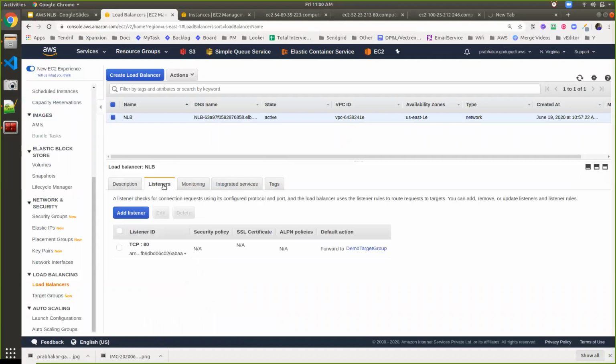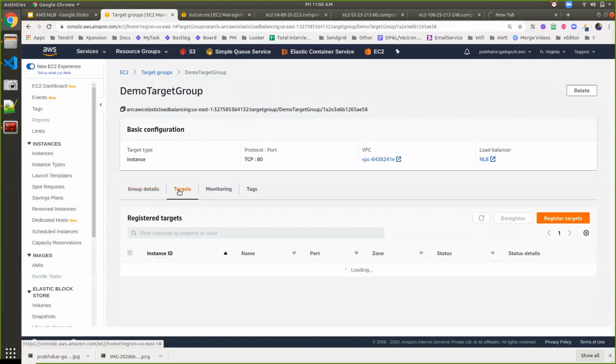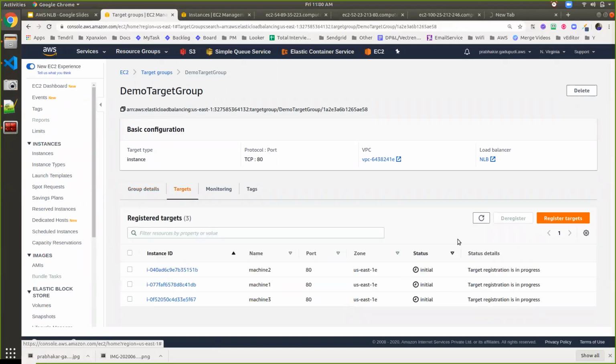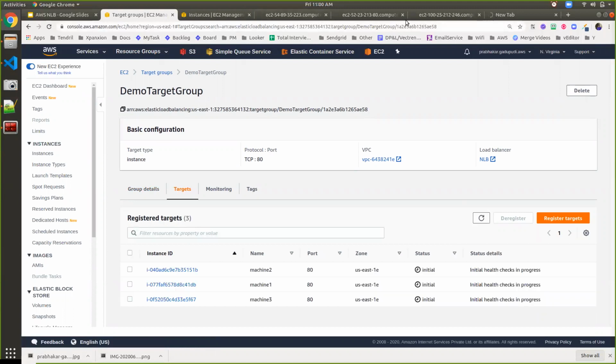Inside the listeners, whenever I access my application via the network load balancer with port 80, I am forwarding all the requests to my demo group. Under the demo group, I have three EC2 instances, and each instance has Apache configured on it. So here are the three targets. All are in the initializing state. Let's wait for a couple of seconds for the health check to complete.